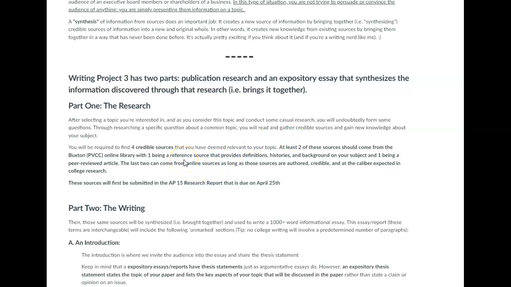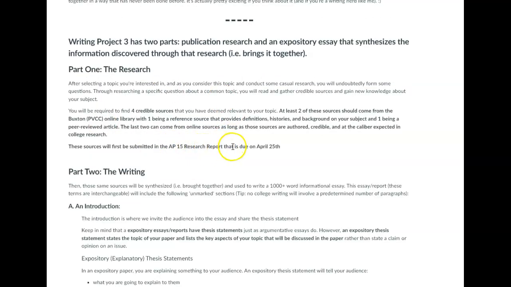A reference source is like an encyclopedia or a dictionary, something that informs. You'll need that to define this topic for your audience, because we need to lay a solid groundwork of information on our topic and share that with our reader before we can share something new, surprising, or unfamiliar with them. That's going to be the research, and we have a research project report due here on the 25th.